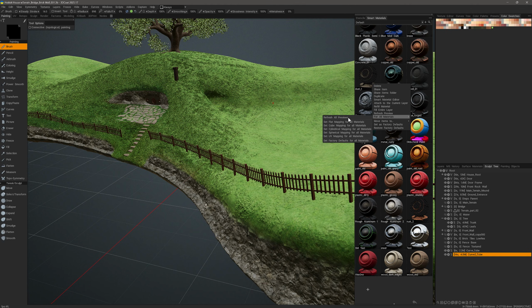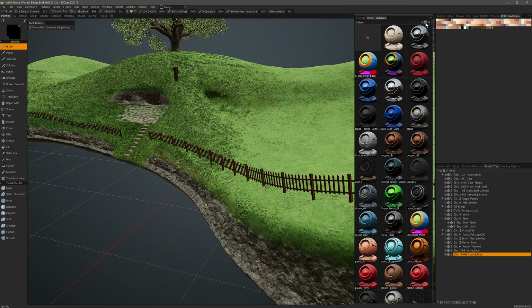For all materials, you can refresh them all in a subfolder. You can set an entire folder for camera mapping, that flat mapping that I just showed you, or you can change it here. You can also set factory defaults for all materials. Now, to add a subfolder, you would click the plus icon here,